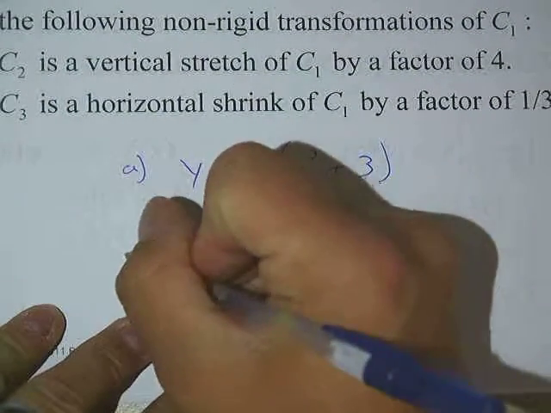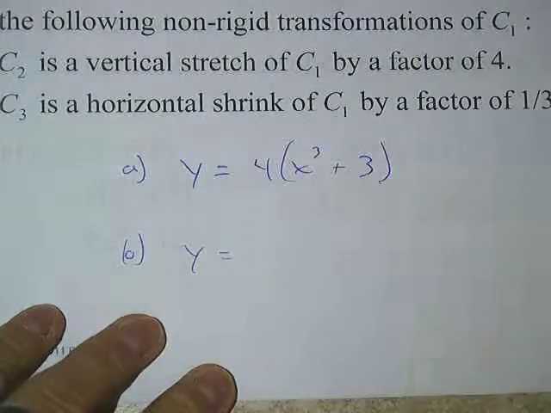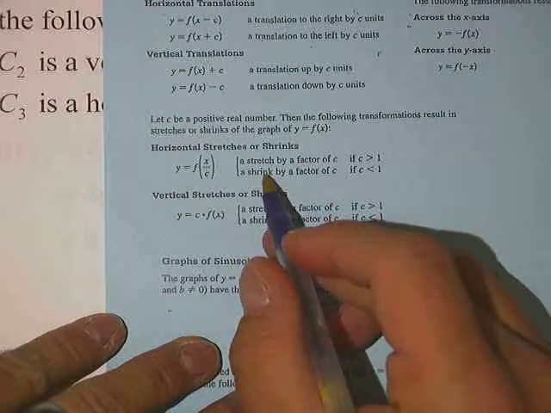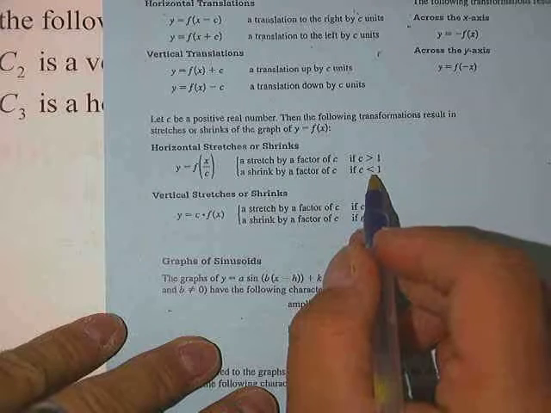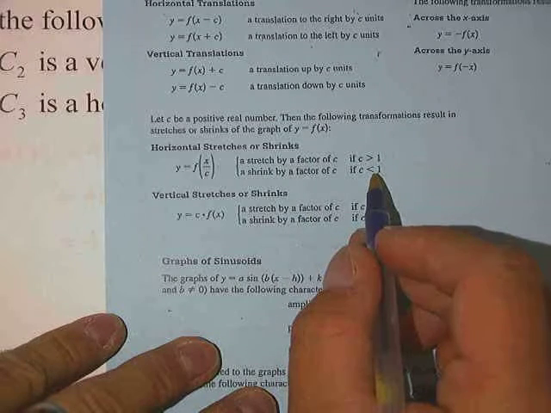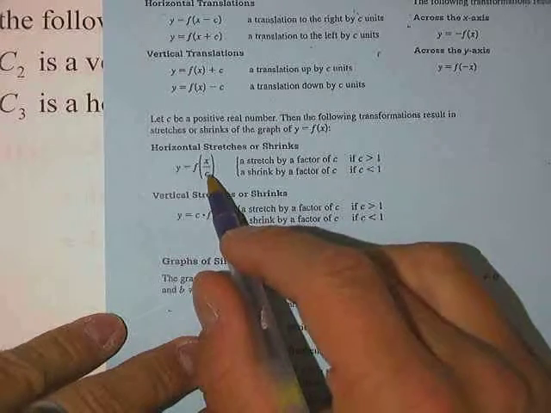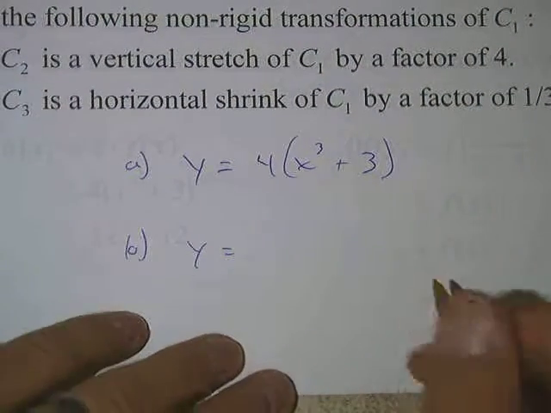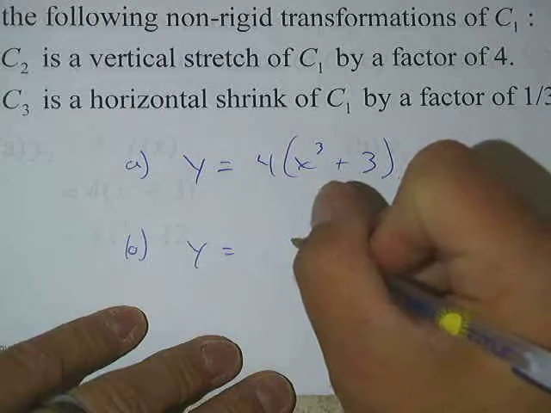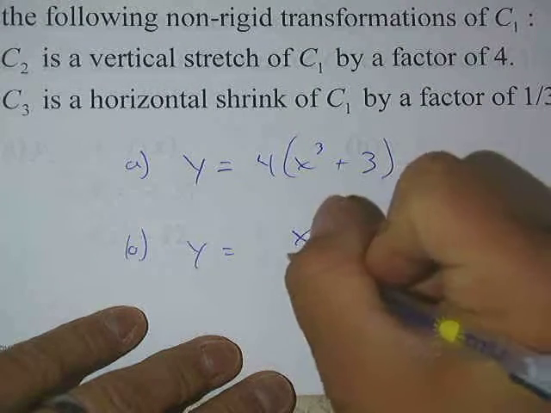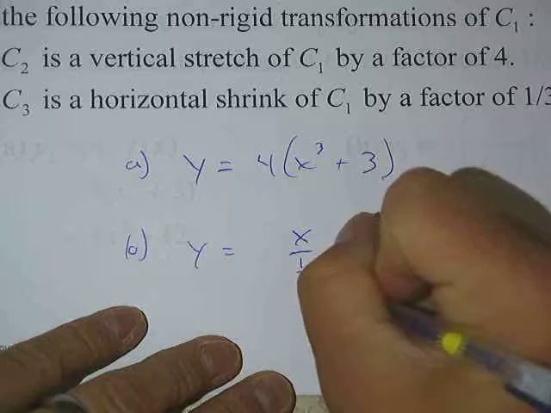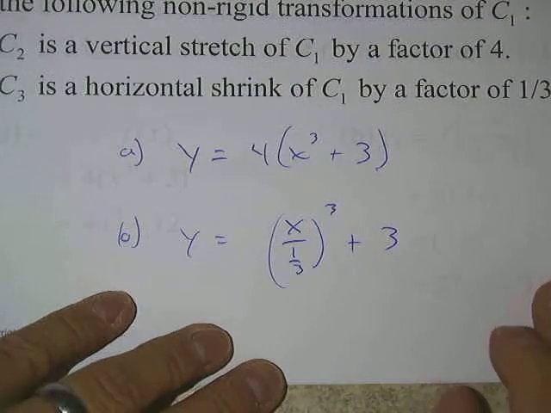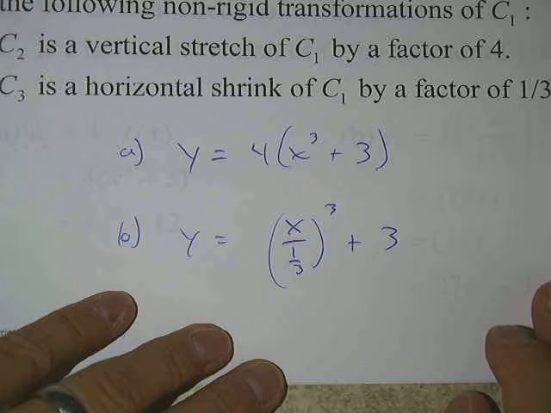Okay. All right. And then in the other one, we had to do a horizontal shrink by a factor of 1/3. So if I want to produce a horizontal shrink, keep in mind, right here in our notes, if we want a horizontal shrink, we're going to want c to be less than 1. So whatever we put under here needs to be less than 1. And the factor of 1/3, if you will, here's what we're going to do. If we put x over 1/3